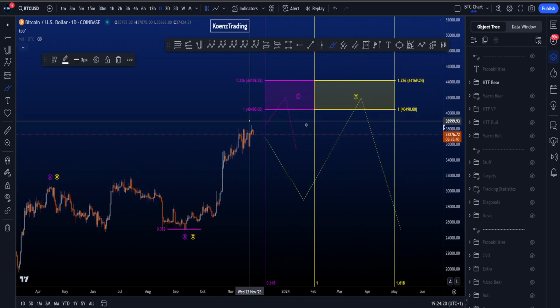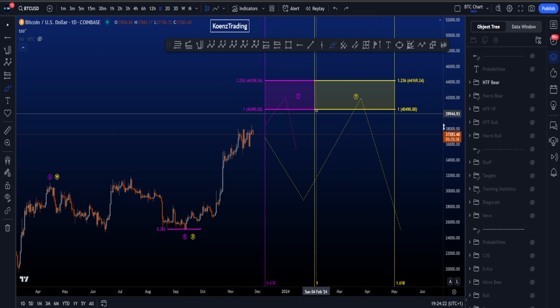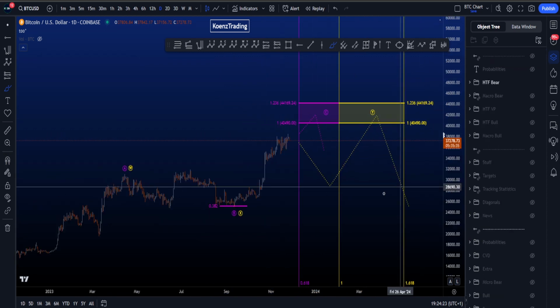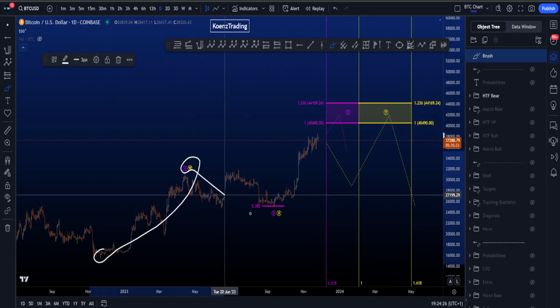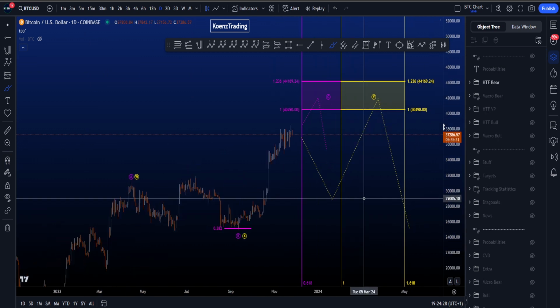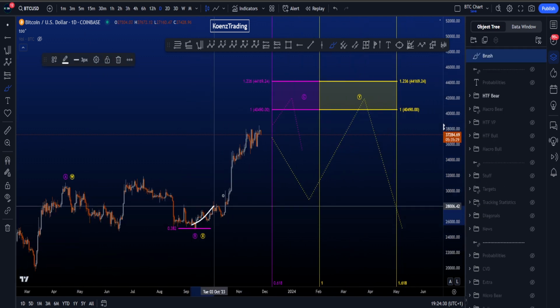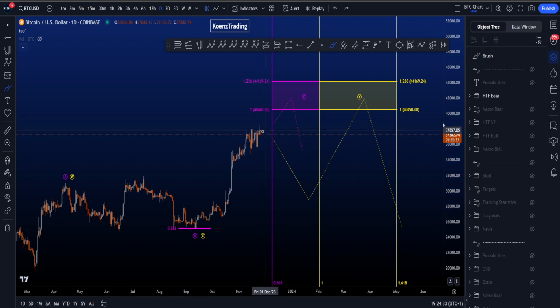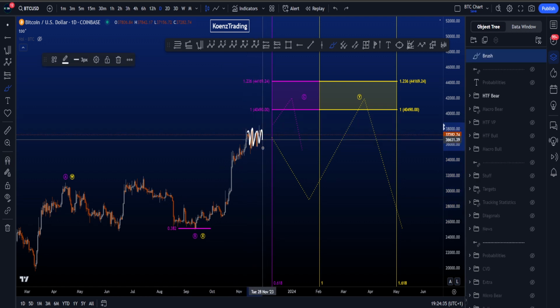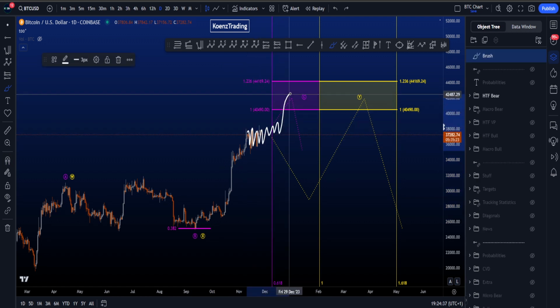Now, why do I have different color boxes and the vertical lines? Those are Fib times taken from the low to the high of A or W and then put on top of the low of B or X. If we are working on this being a wave C, then preferably we're already in wave 4 territory, move up for a wave 5, and then we want to see a